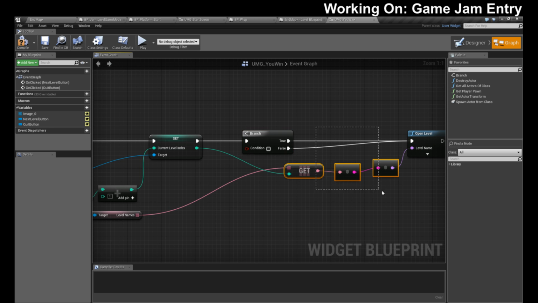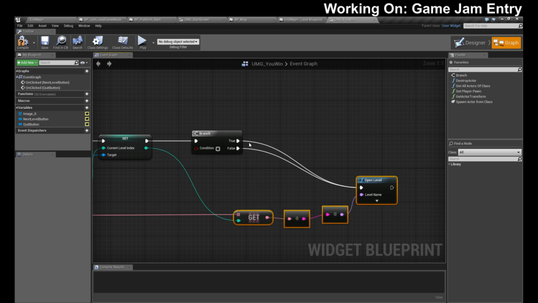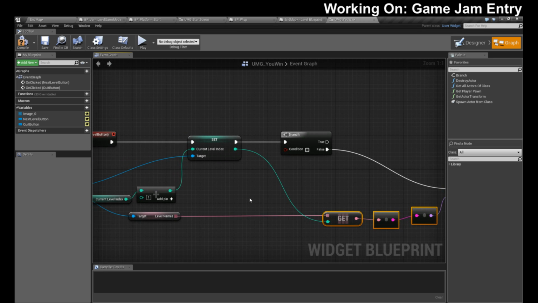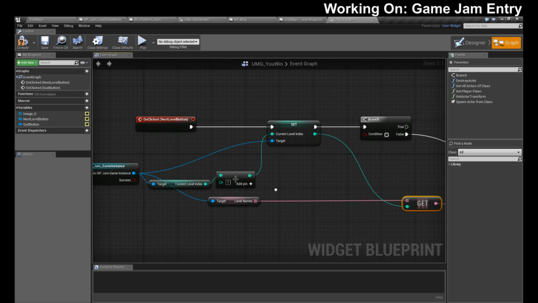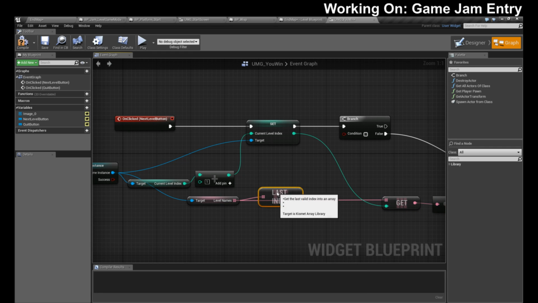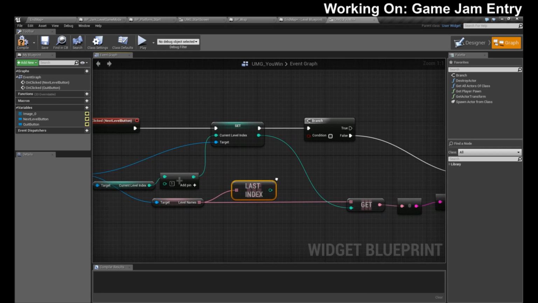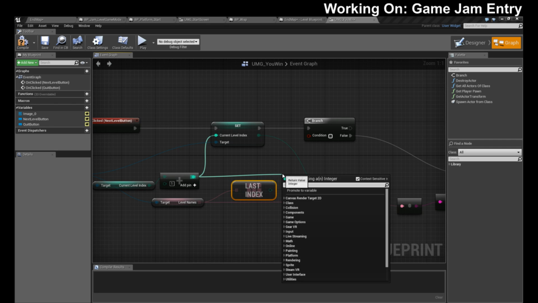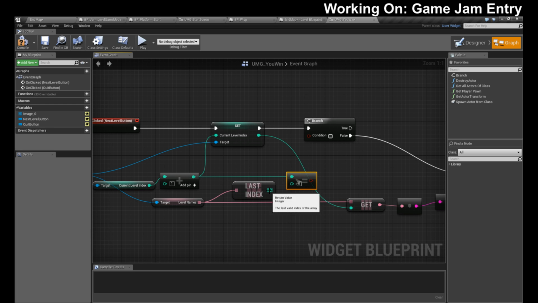We'll go with false so that way I can move the stuff down here. So if the last index of our level names, so it'll end at 10, if our current index is greater than or equal to the last index, so this is if it goes over.